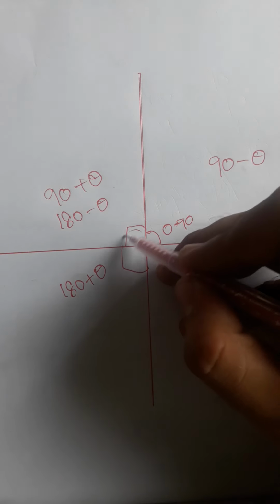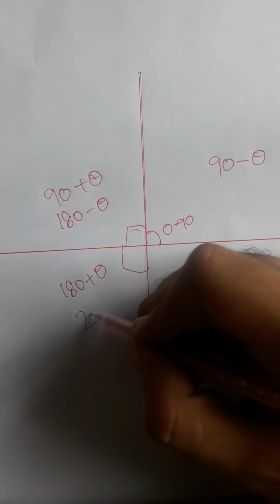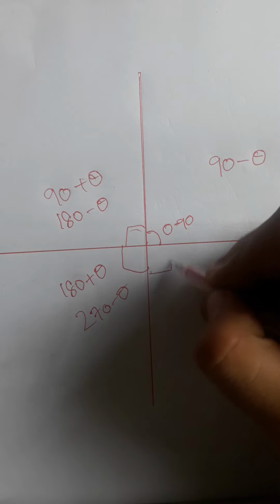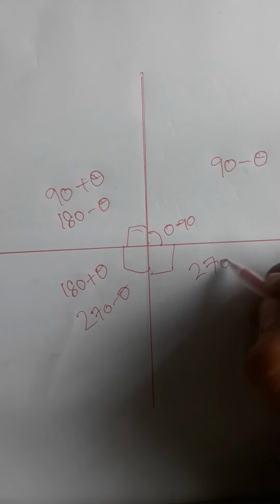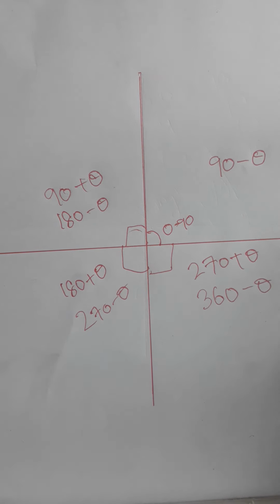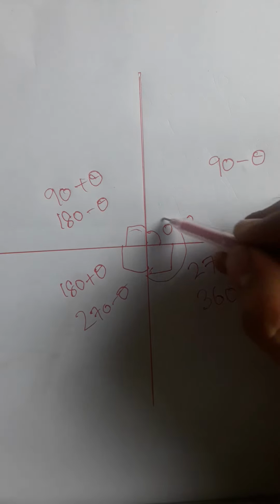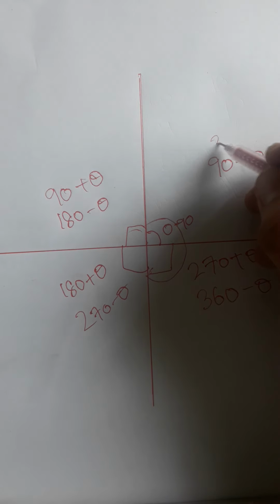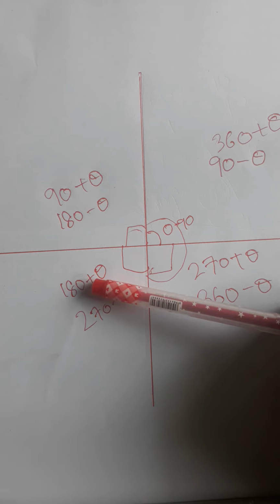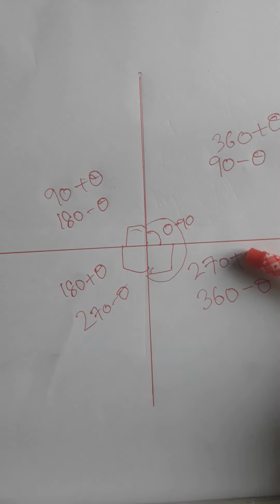It's 180 here, more than 180 degrees and less than 270 degrees, right? In the same way, from here to here, the angle is more than 270 degrees and less than 360 degrees, right? If it turns from here again, it comes to the second round, it will mean 360 plus theta. Okay, so 90 minus theta, 90 plus theta, 180 minus theta, 180 plus theta, 270 minus theta, 270 plus theta, 360 minus theta. In the same way, 360 plus theta. This about angles you have understood.